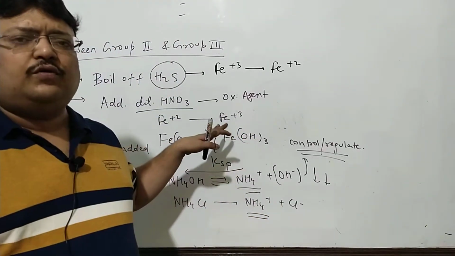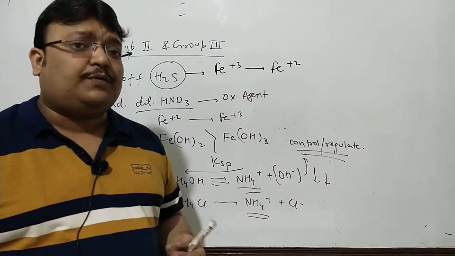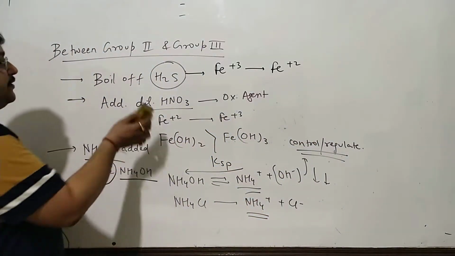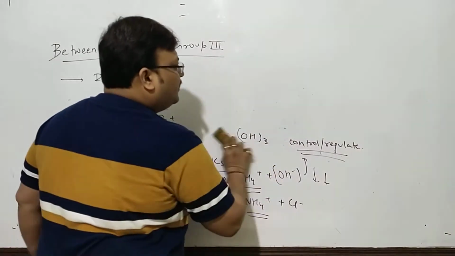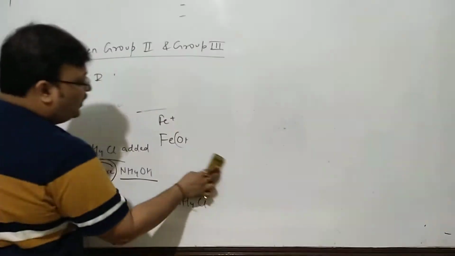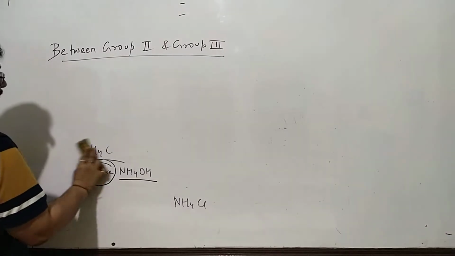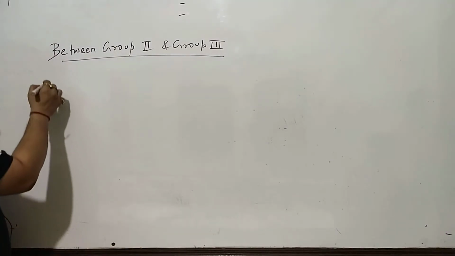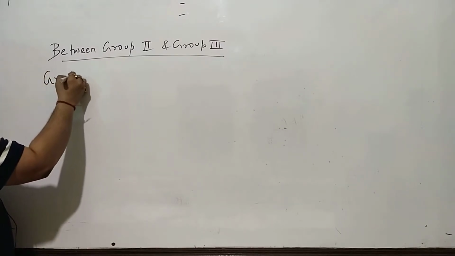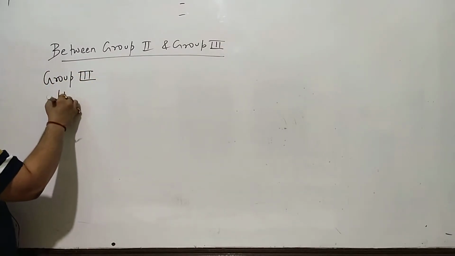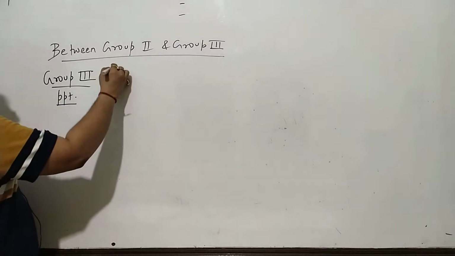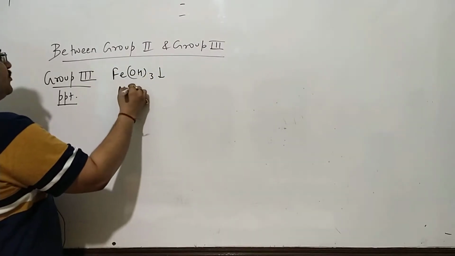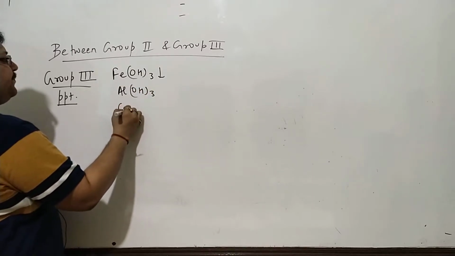We'll want to move to group 3 now. We'll want to begin with group 3 precipitate. We have added ammonium hydroxide, ammonium chloride. And if there is a precipitate, it's either iron, aluminium or chromium. So we'll want to talk of group 3 precipitate right now. Right away, group 3 precipitate, which could be ferric hydroxide, aluminium hydroxide or chromium hydroxide.